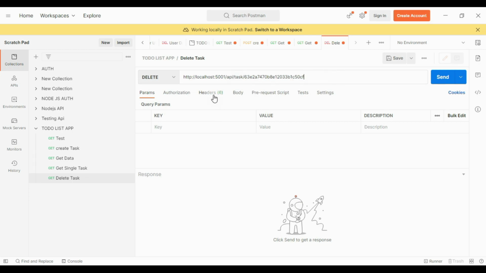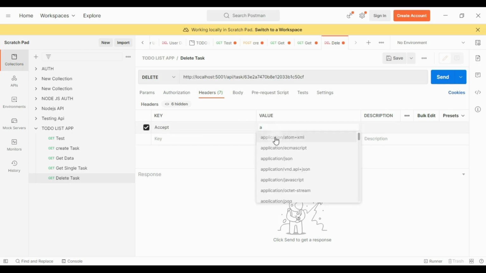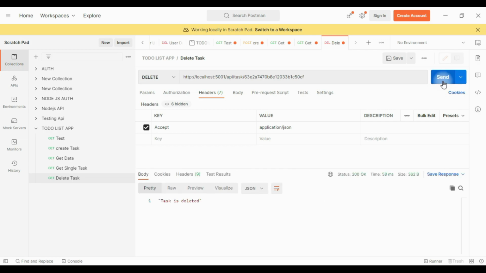Paste, and in header accept the value in application JSON. And send the request. As you can see, we get our message that our task is deleted.